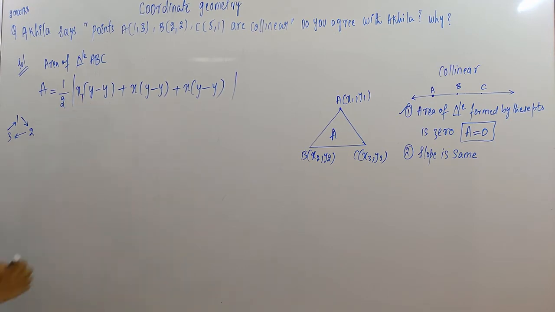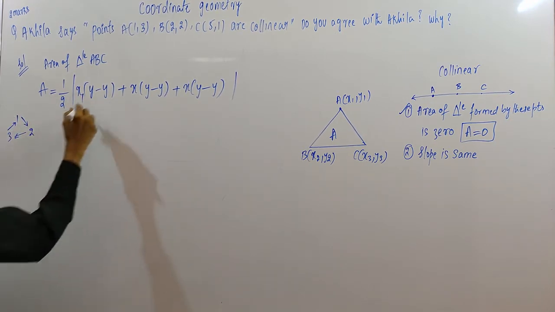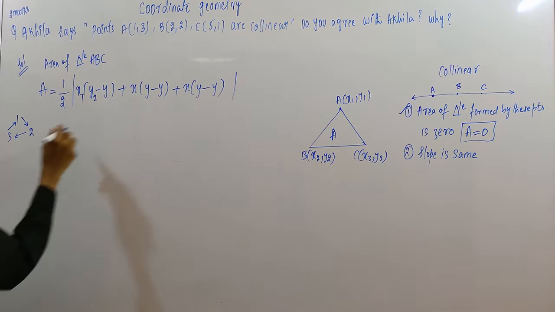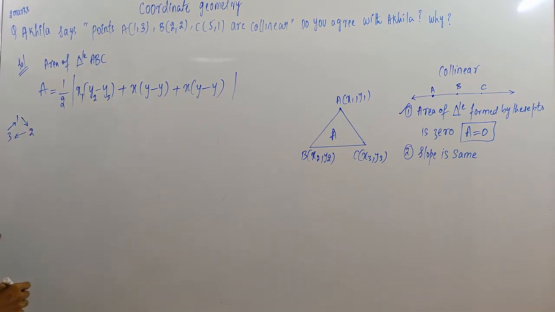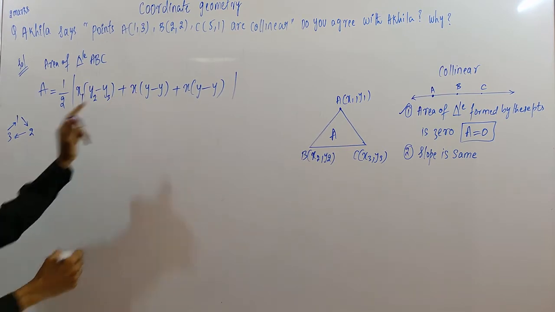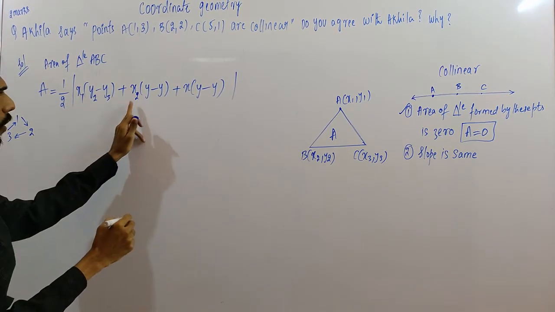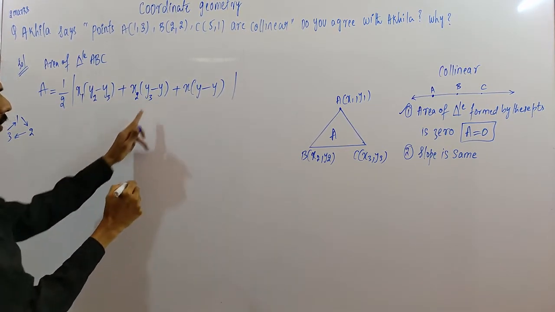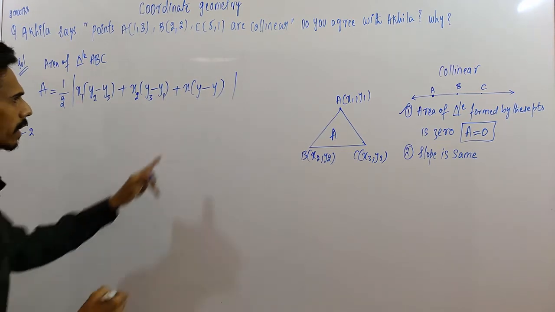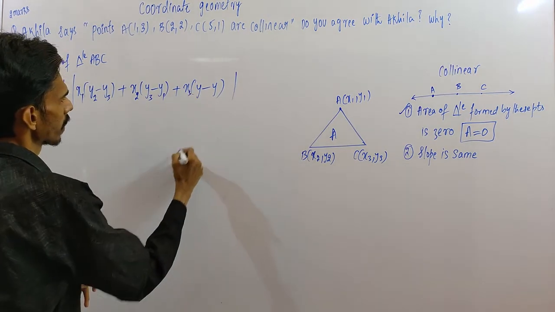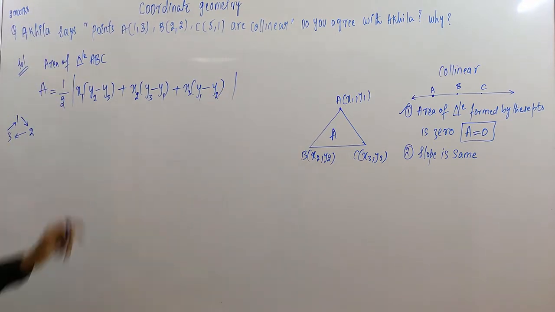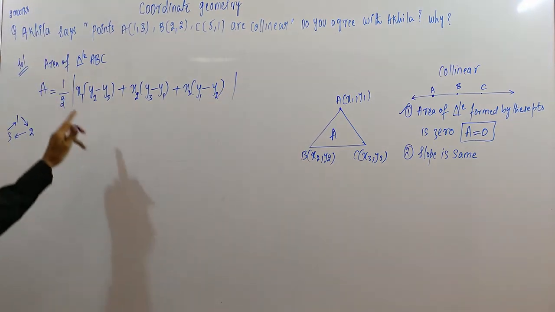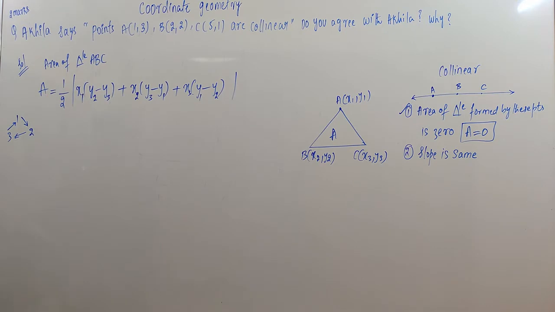So put 1 here. Next after 1 we have 2, so 2, next 2 to 3. Write down 3. x1 into y2 minus y3. Similarly we have x2 here, after 2 we have 3, and 3 to 1, so here it will come x3. x3 into y1 minus y2. This is the formula to get the value of area inside a triangle ABC.